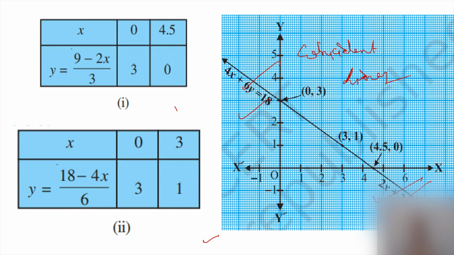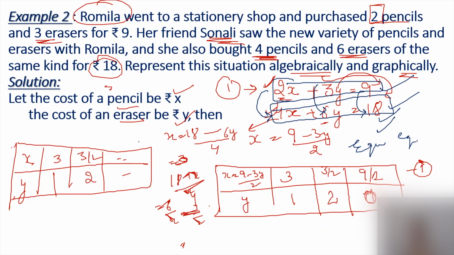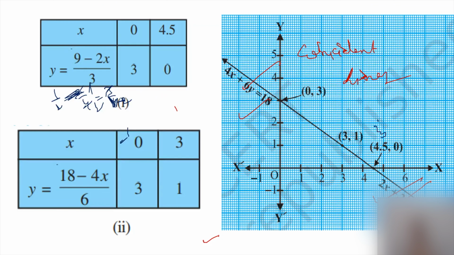It means these are not two separate lines. These are one and only one line. This is not two different equations. This is representing one and only one equation. Same as we have equivalent fractions like 1 upon 2 is equal to 2 upon 4 is equal to 3 upon 6. These are alike also. 1 upon 2, this is also 1 upon 2, this is also 1 upon 2. Similarly, each and every coefficient is also double. In this case x was 1, now 4, 6, 3, and here also it is doubled. Therefore these are representing the same lines.